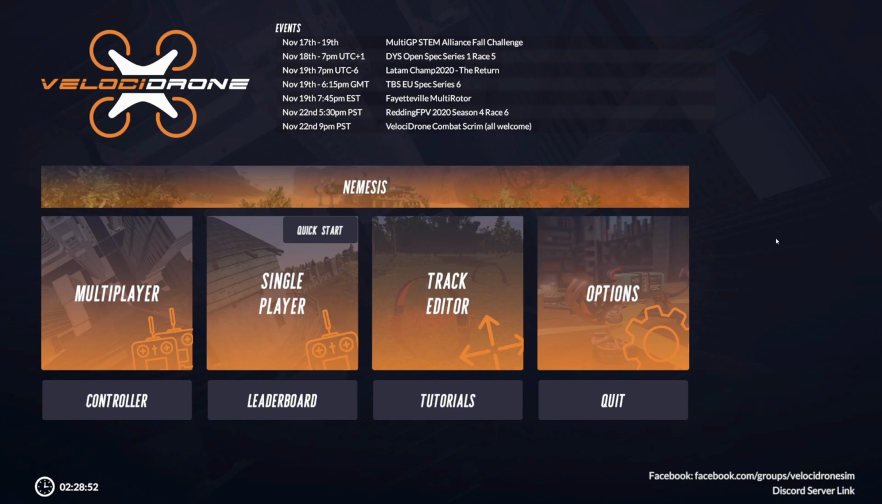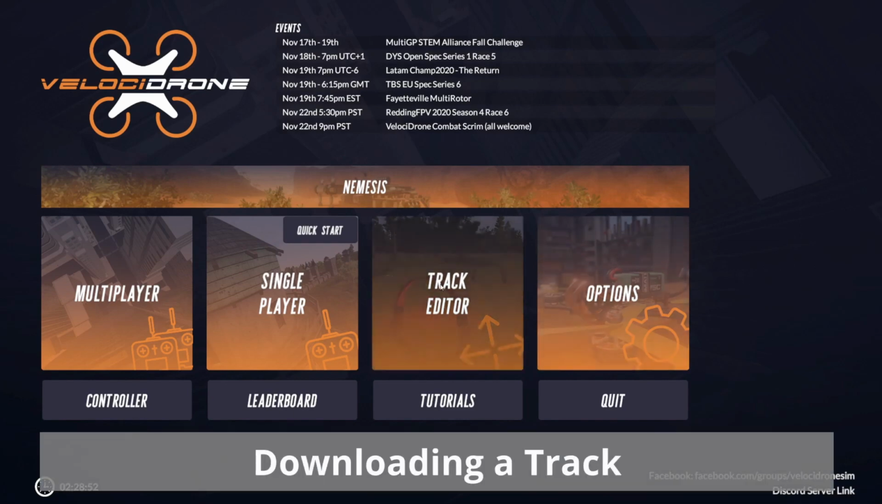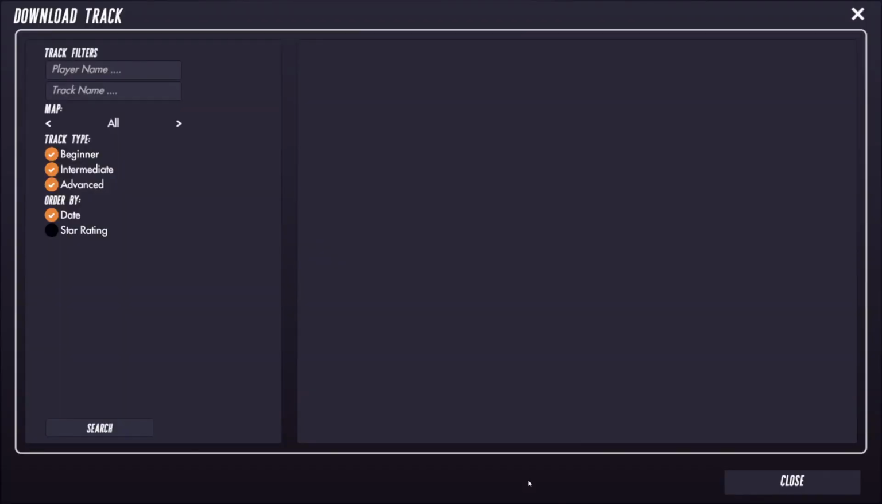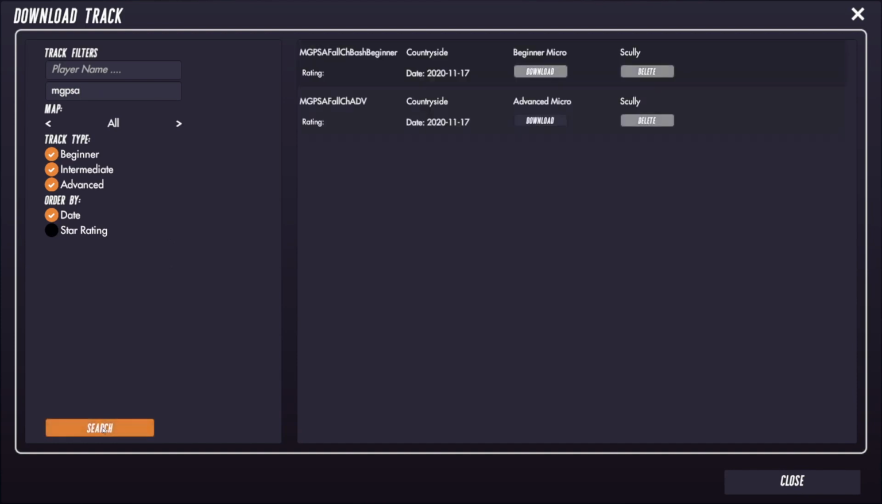Once you receive an email or message from MultiGP telling you the name of the track to fly and upload times with, you can do this by first going to the track editor menu. Let's click into that. And then we can click on download track down here at the bottom right. From here, it's as simple as typing in the track name. For our purposes, we can type in MGPSA, as this was the first part of the name for our last MultiGP event. Then we can click search,